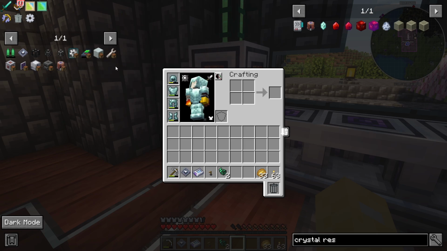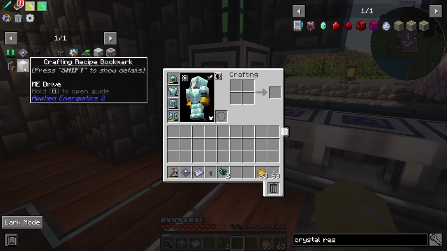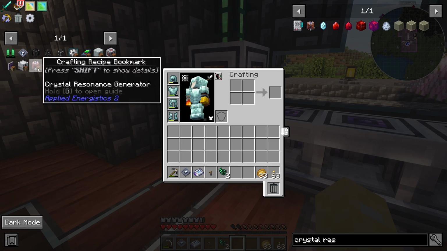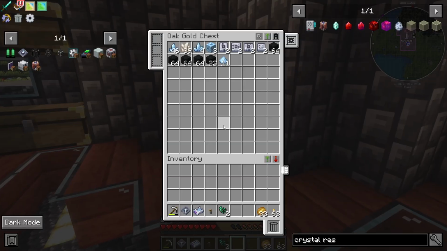Yeah, so I feel as if we can work towards the next element of this, right, which is going to be the ME drive and then the ME crafting terminal, right? So let's get rid of this. But before we do so, I want to kind of duplicate my